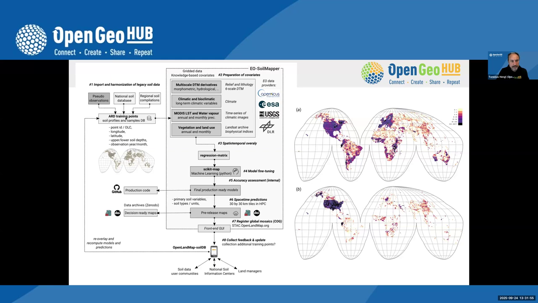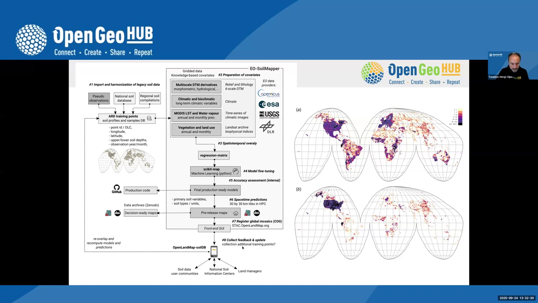And then what we do is a space-time overlay. We use these multi-scale DTM variables from the publication I'll show you. We also use the Landsat-based variables, including the GPP. And we have also climatic variables, including MODIS, land surface temperature, water vapor. So something about 600 layers to start with. And then we do a space-time overlay. We do model fine-tuning. And then we produce the final model